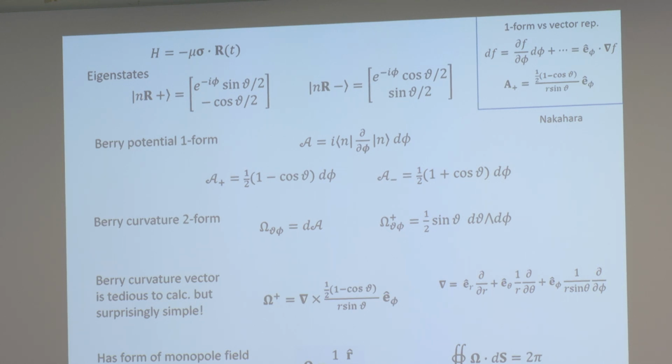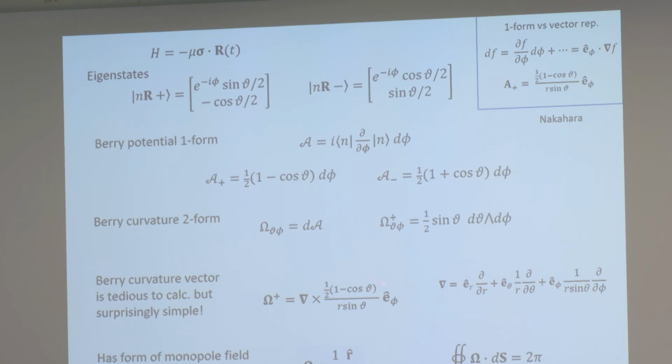Because to them, it just has no mathematical rigor, right? But we use it, we love it. But anyway, we are stuck with this. Now think about this. If you want to calculate the Berry curvature as a two form, you simply take the exterior derivative, which immediately gives you this, right? However, if you want to do it the way that David Jackson would do it